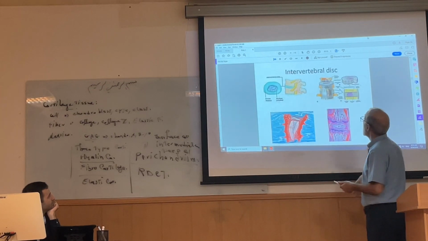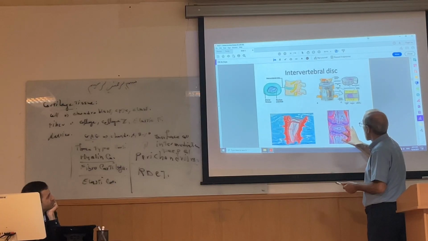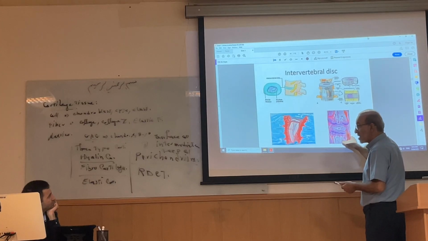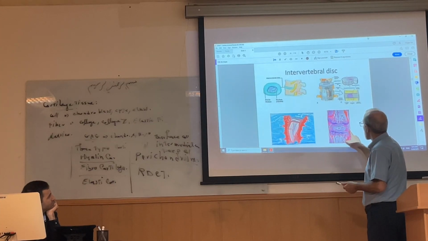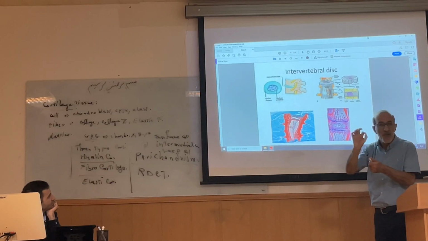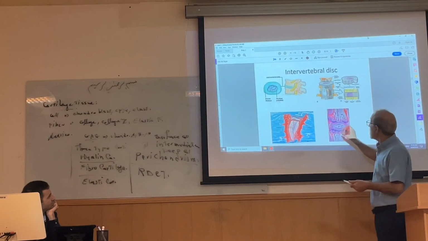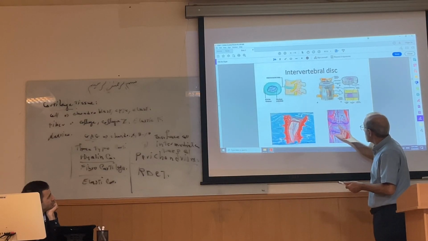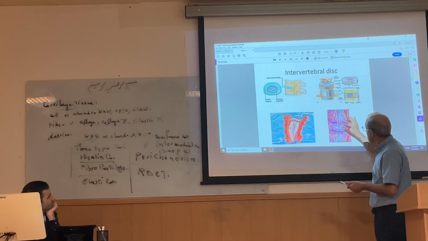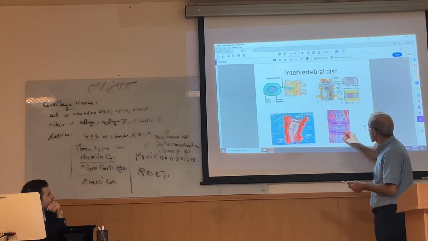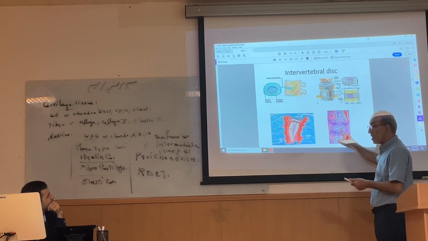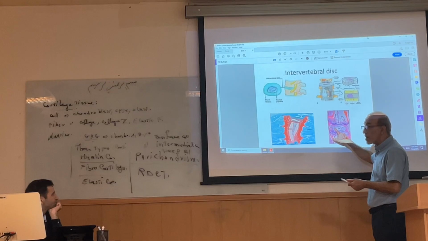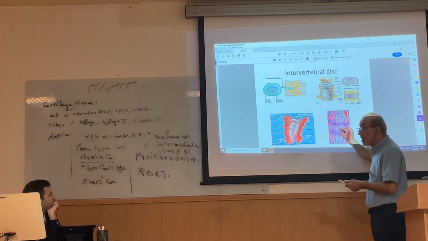Please change. Very good. This is the vertebral bone. Between two vertebral bones, you can see the disc in this part. Okay? This is covered by perichondrium, very thin. This cartilage is divided into two parts: peripheral and central. Okay? The peripheral part has a fibrous structure, the annulus fibrosus. The central part has